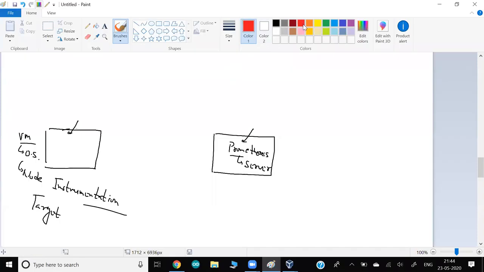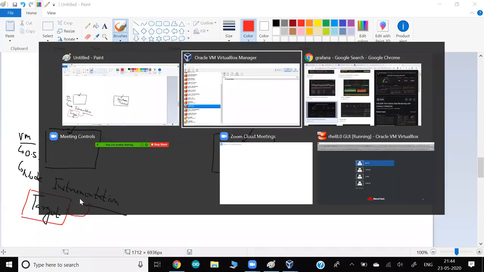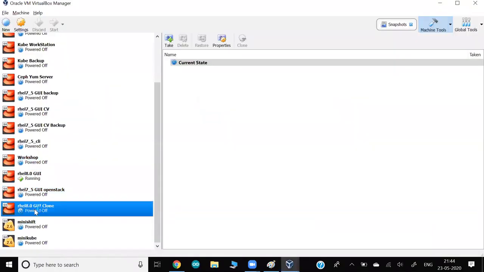So this is the terminology of Prometheus. Target means which part you would like to monitor or instrument. For example, in my case, I would like to monitor this VM.